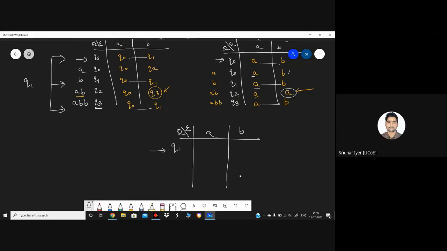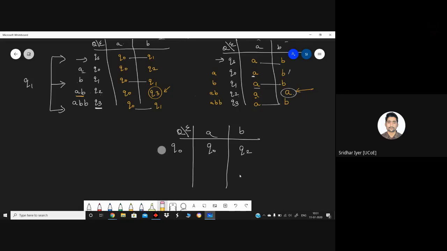Now while writing the transitions, be very careful. Q0 is not merged, so you can write Q0 over here. If you're finding issues with numbering, you can start with Q0 because it will be easy for you to remember. Fill up Q0 first. It is Q0, comma Q2. Is Q2 merged with any other state? No, Q2 is not merged with any other state. So I will simply write Q2 over here.